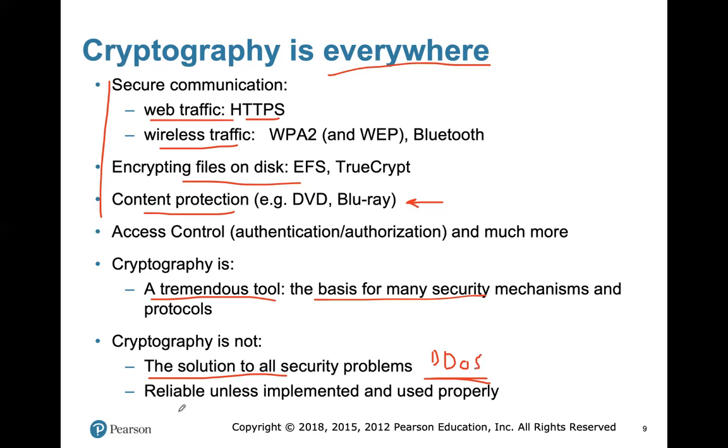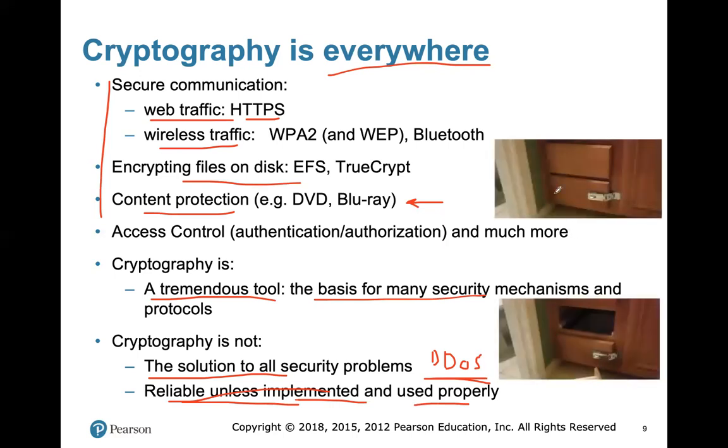Another thing about cryptography that we need to know is that cryptography or encryption algorithms are reliable, and they would help us to improve our security, or let's say in particular the confidentiality. But there are some cases where this might not be achieved because of the implementation or the way that the user is using the encryption algorithm or encryption method. Look at this figure here. This is a very simple and nice one.